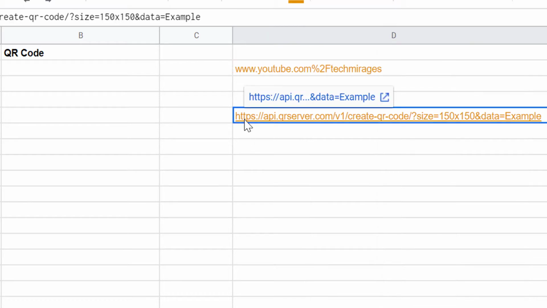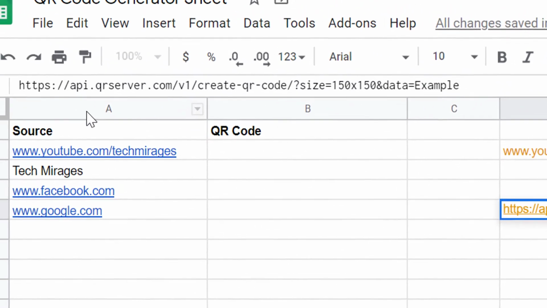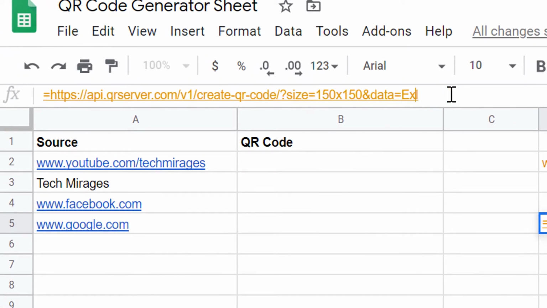Coming back to the URL which we copied previously, we need to give the encoded URL as the source here. To do that, first give an equals sign at the beginning, come back to the API URL, and put double quotes around the URL as we need to append it to the formula.